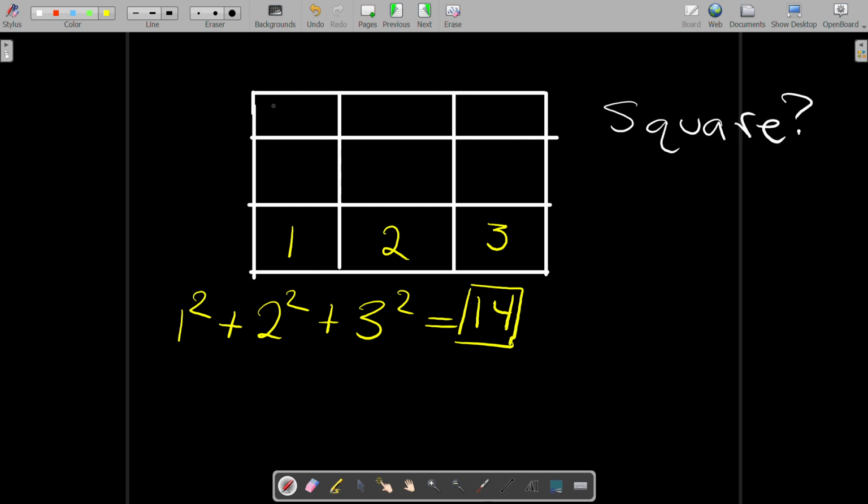So now, assuming that these are squares, I know this is a rectangle, but I couldn't draw an exact square. But assuming this is a square, this would be 1, 2, 3, 4, 5, 6, 7, 8, 9, 10, 11, 12, 13, 14. So that would be 14, right? So that's another way. And a key thing to remember about this concept, it only works